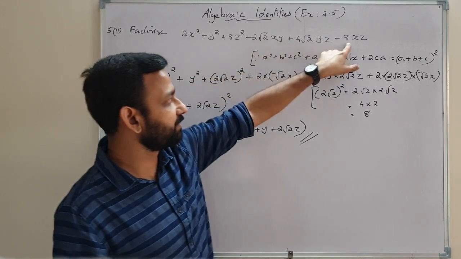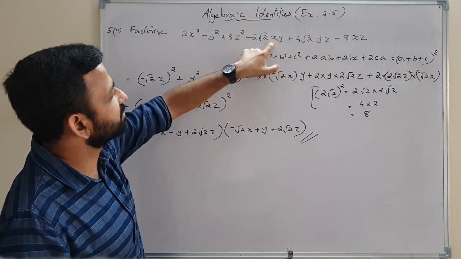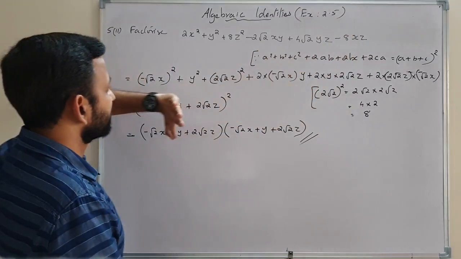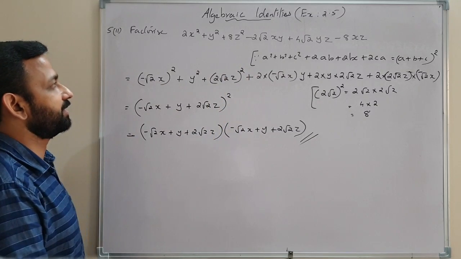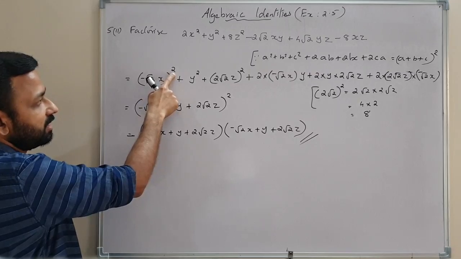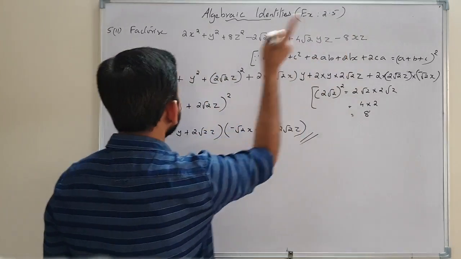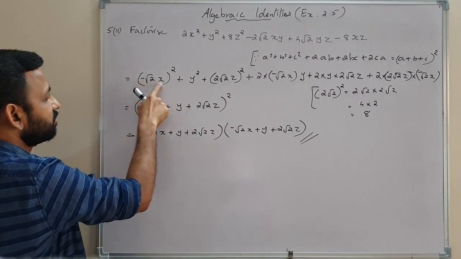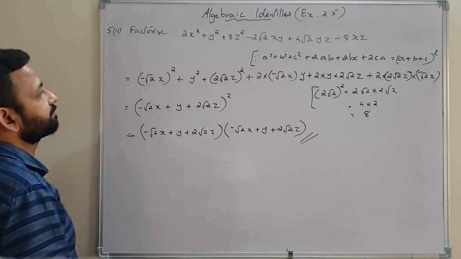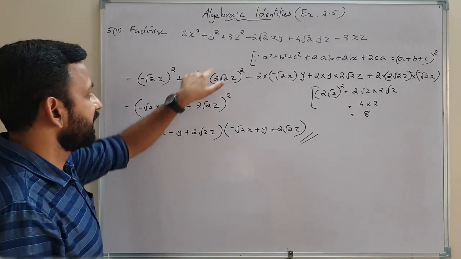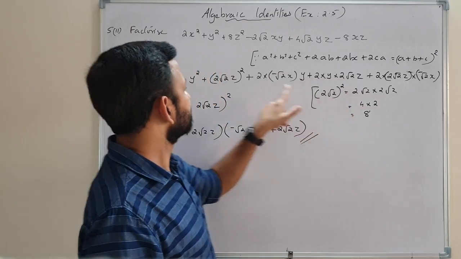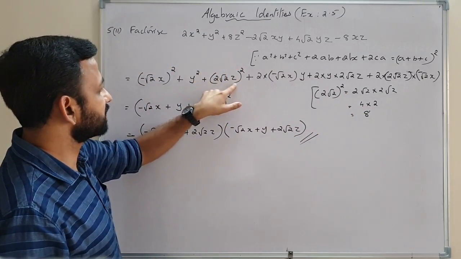From these two negative terms we will find the common variable x. So the term containing x will be negative. So 2x square we will write as root 2x whole square, and the term containing x will be negative, so we will keep minus. So minus root 2x whole square is minus square plus root 2 square to x square, same. And y square here same. 8z square, 8 we can write as 2 root 2 whole square. So 8z square is 2 root 2 z whole square.